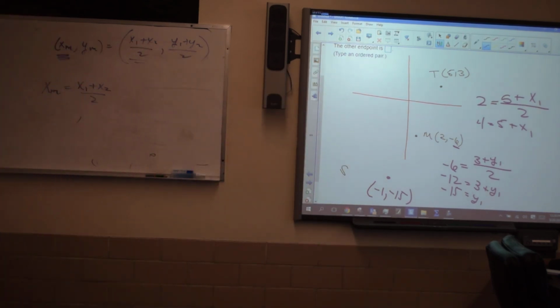And that should make sense to us because we anticipated that we should have a point in the third quadrant, with both negative x and negative y. Okay? Does that make sense? You guys want to see a real short, easy way to do it? Now, the real short, easy way only works with integers. It only works when you have really nice